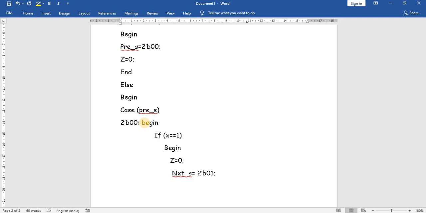The present state will be updated: present state is equal to next state. Else, so now we will end this begin.